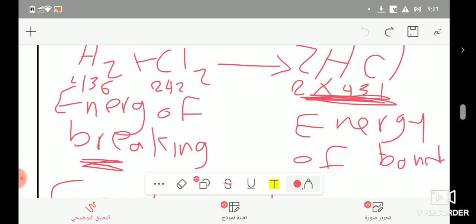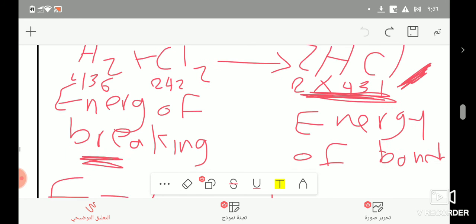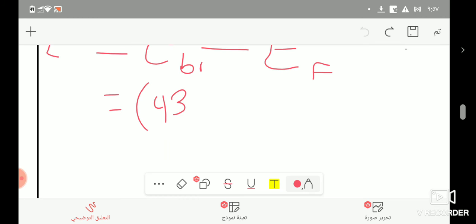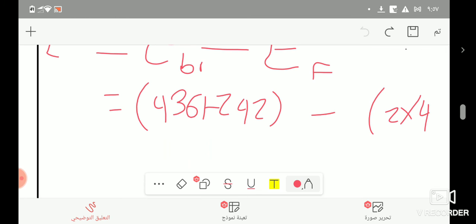For reactants, there is energy absorbed to break the bond. For products, there is energy released due to the formation of bonds between particles. So we can calculate it by this relation: the energy needed to break the bonds equals 436 plus 242, all of that minus 2 times 431, the energy released, and the result of this process will be